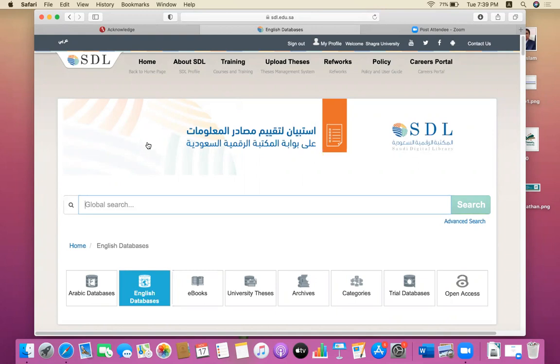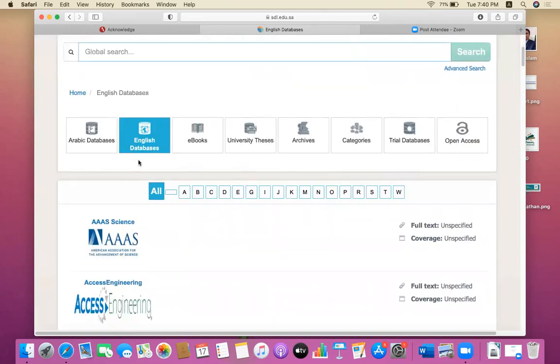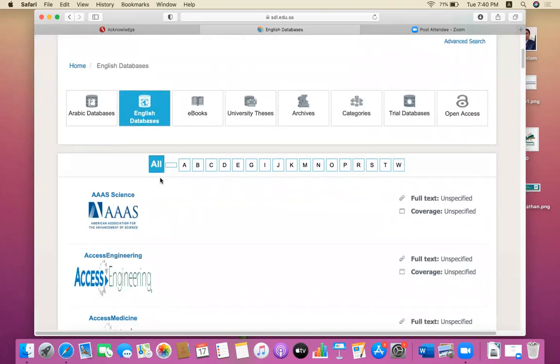When you log in via Chakra University Digital Library, you will get the message, welcome Chakra University. It means that Chakra University, linked with its Digital Library, has access to the Saudi Digital Library. In the English database, various databases are available: art, science, engineering. We have to click on W,